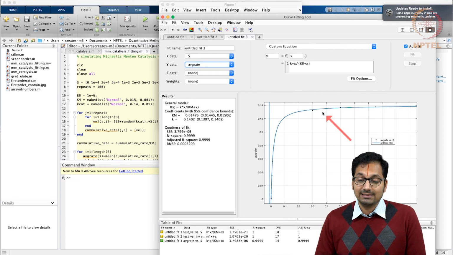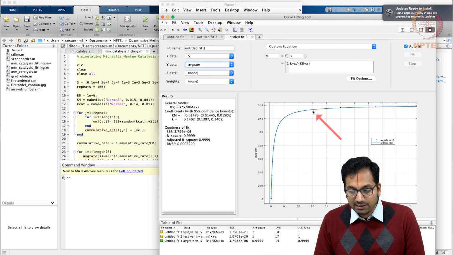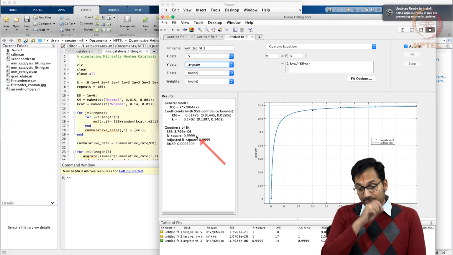So you are able to realize as the number of repeats start to get better, the fit nicely goes through the average values. Almost only this data point is slightly off, but that is not a big deal, and you are able to realize that the confidence intervals, the range of values that comes after fitting, reduces significantly. Same is the case with Kcat, and of course your R square is increasing, but be a little careful about the R square. We will take a look in a moment what happens there.